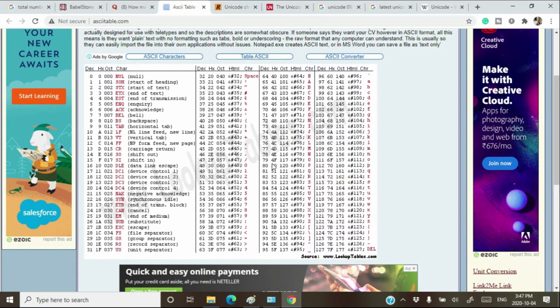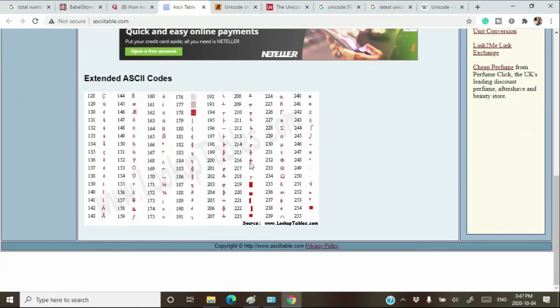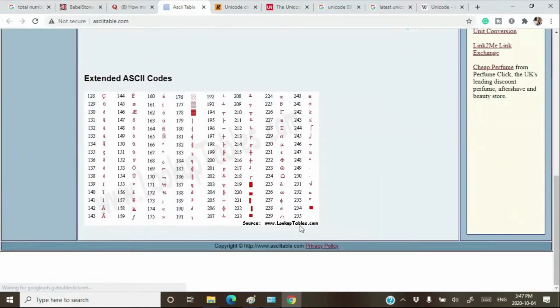So the initial ASCII code was 7 bits in length, and the new ASCII code is 8 bits in length. In the new ASCII code, the range is from 0 to 255. So we have all these many characters present in the extended ASCII, meaning the new ASCII.